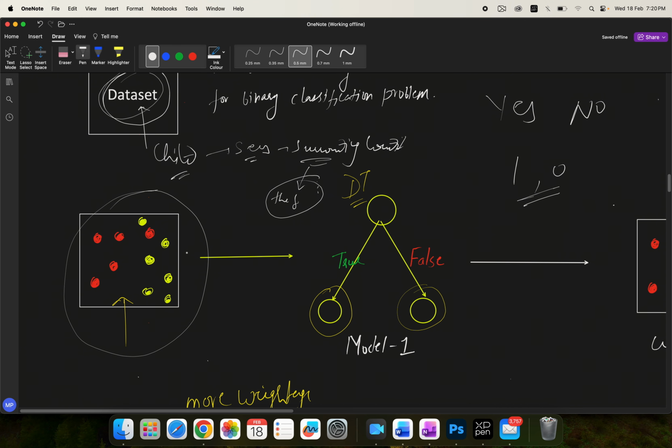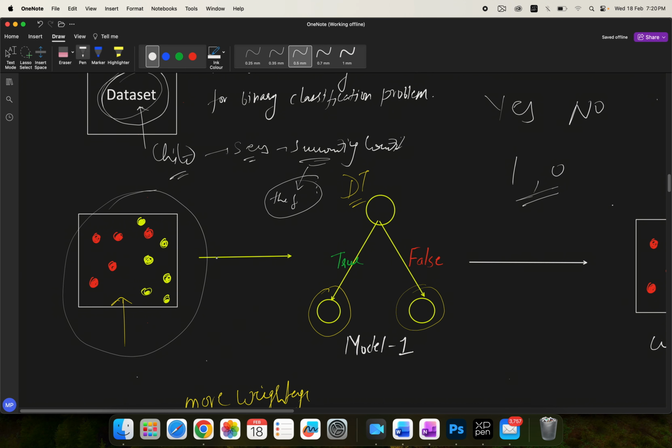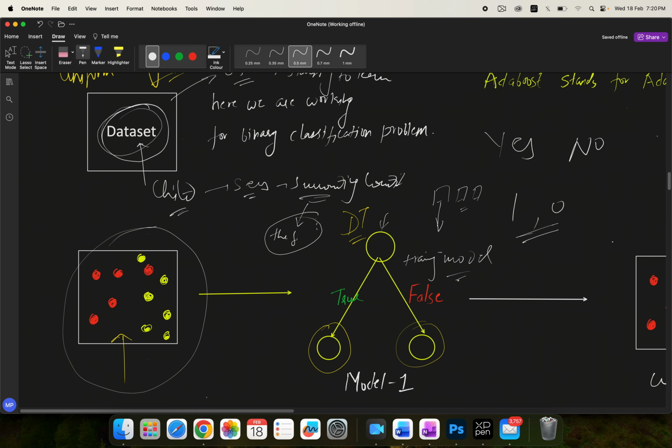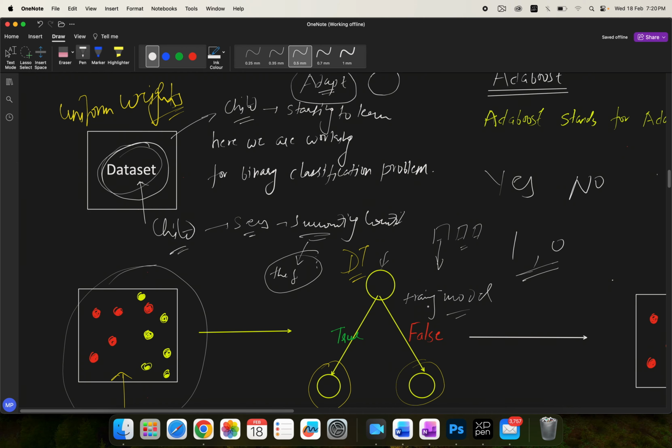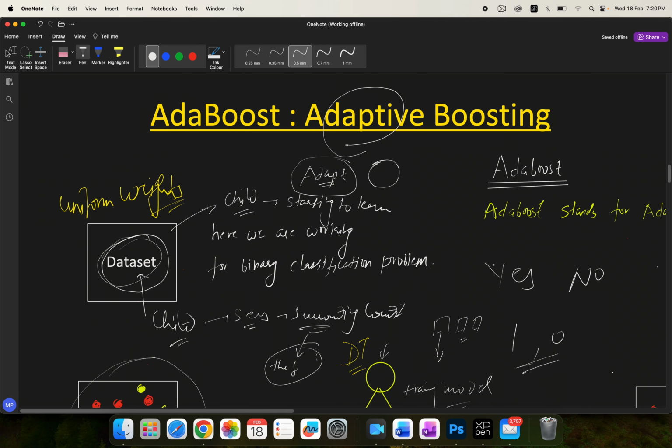So what is adaptive boosting? There is a certain data set, and we have different subsets of the data set, and on every subset there will be a model, there will be training. We will look at this in detail. Before that, I'll just introduce you